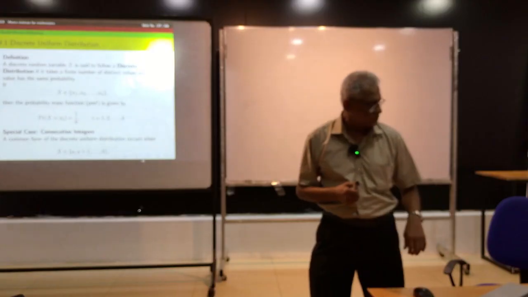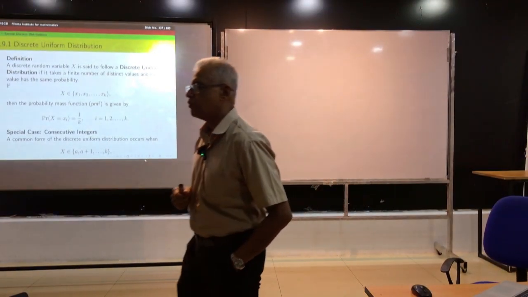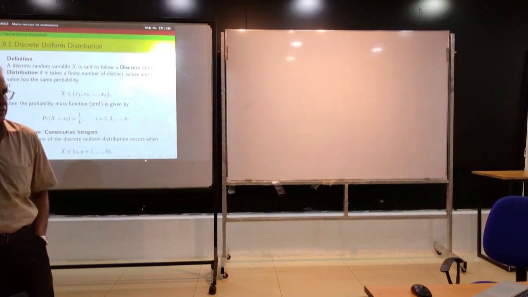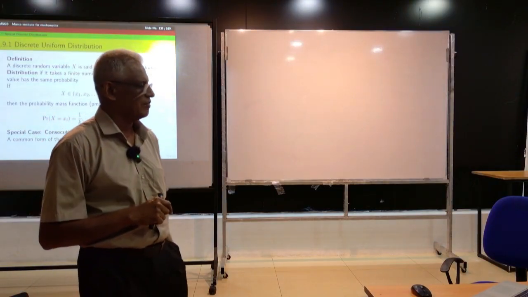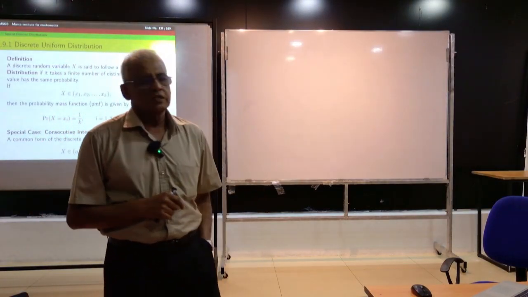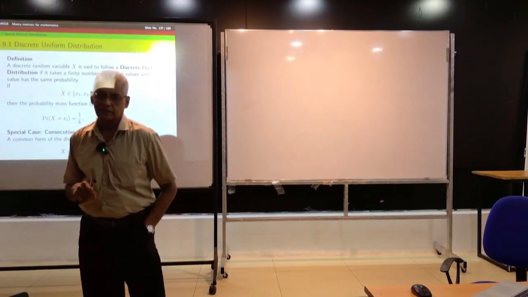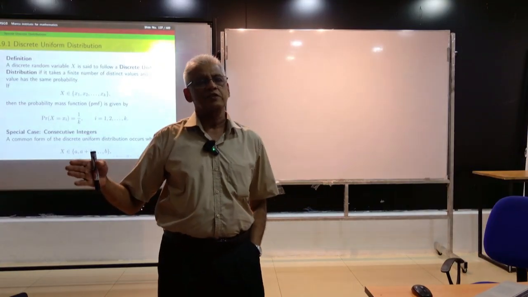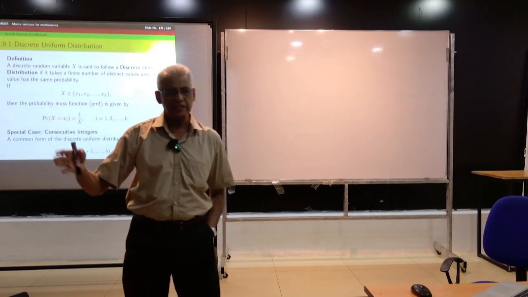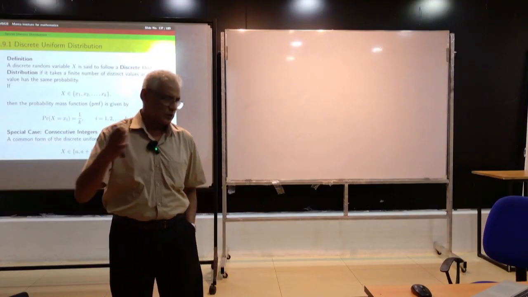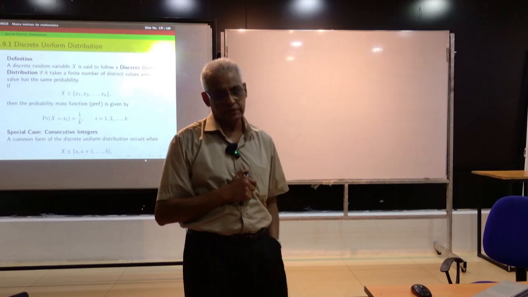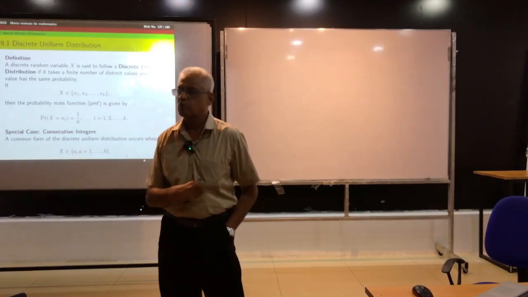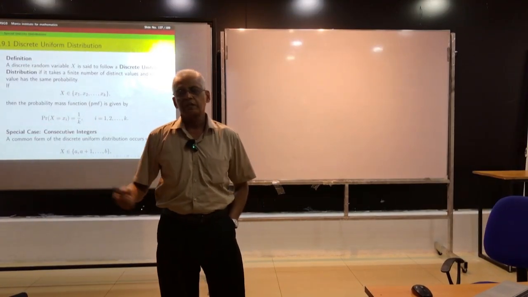So let us start with the first one, discrete uniform distribution. This is not a very commonly used one, but as a completion, I have included that. Suppose you have a random variable x, and it can take a finite number of values, and suppose all the values have equal probability. Right. So x can take several values with equal probability. Then we say x has a